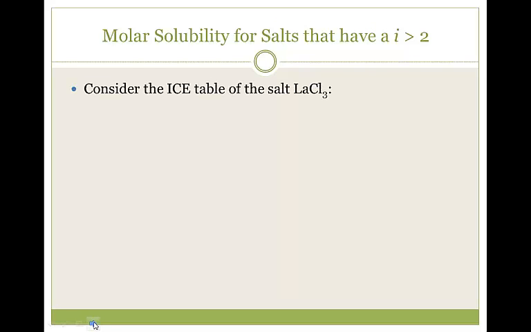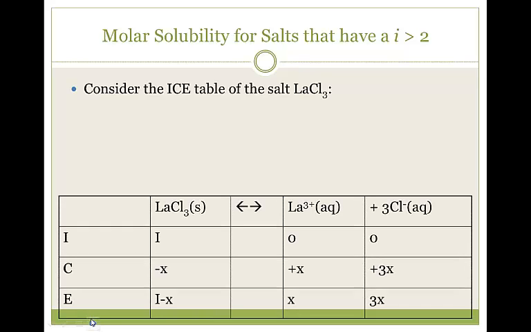Now, where this gets tricky is when we have more than two ions formed. So if we take lanthanum 3 chloride here, take a look at what happens to this ice table. All of a sudden we get 3x in this particular portion of the ice table. So when we carry that into the equilibrium expression, notice that we have cubed